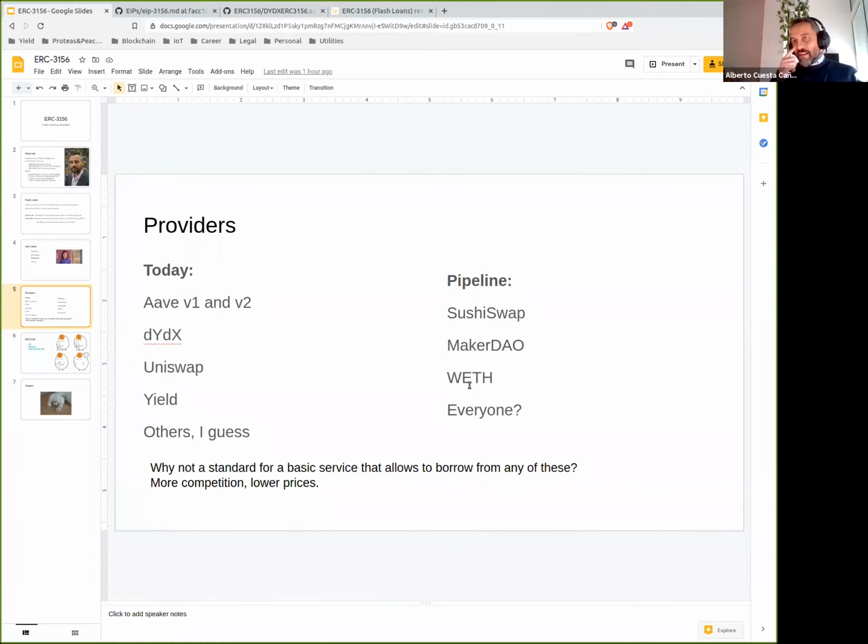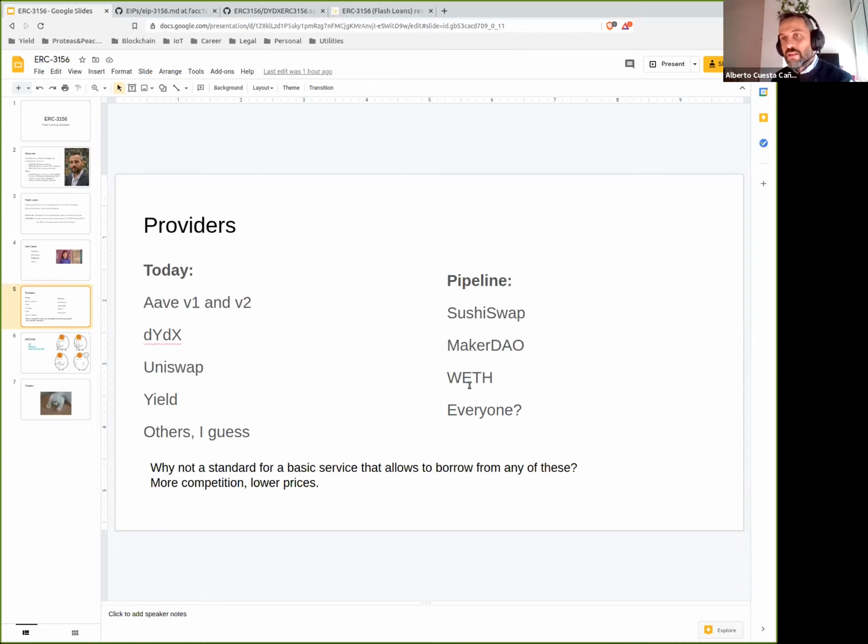I have a fun story actually about how useful this is. I'm coding now an MIP for MakerDAO that is quite unrelated to all this, and at some point of coding this MIP I found that, hold on, I could do this easily with a flash loan. I have these tokens that are locked here, and I need to redeem them for some assets, but they are locked, so I can't. So I need to undo my position somehow. And I think, okay, I can do this easily with a flash loan.